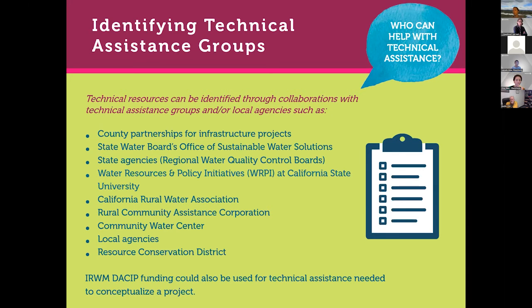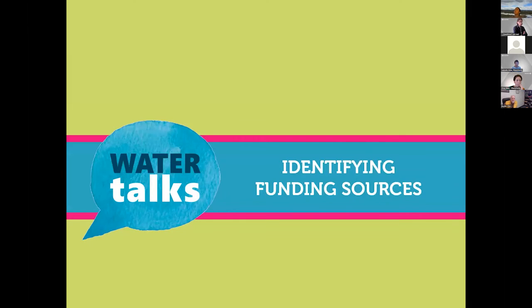So we're going to be talking about this a lot more throughout the day, including in the second session this afternoon. But the current disadvantaged community involvement program funding can be used for technical assistance to help conceptualize a project. It can be also, so let's say you already have a project conceptualized, it can be used for project planning and engineering to develop designs and specs. So we'll run through a lot more of that this afternoon, but just to give you an idea of some of the technical needs out there. Next slide, and I think, yep, that's it.